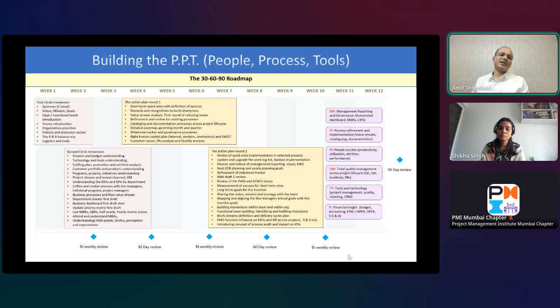The second circle immersion is the tactical or operational immersion, where you understand finance, technology, HR, processes, KRAs, KPIs. Coffee and cookie session or chat pe charcha, whatever you believe is working for you, should be done with these individual project, program, and line managers to understand what is their pain and gain. Now, design thinking, which is a Stanford concept, comes from the pain and gain matrix. I learned it and implemented it here in the second circle, and that helped me build a successful action